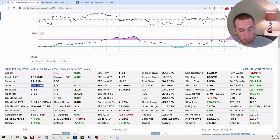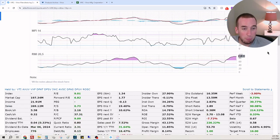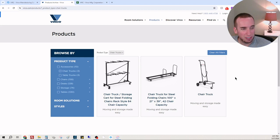Sales are decent for a small cap company. Income, they're profitable. They're very undervalued, as my calculation would show, which aligns here, which is good. Quick ratio is under 1, unfortunately. The recommendation here from Finviz is a 1, which is the best recommendation you could get. But I'm just not very optimistic on